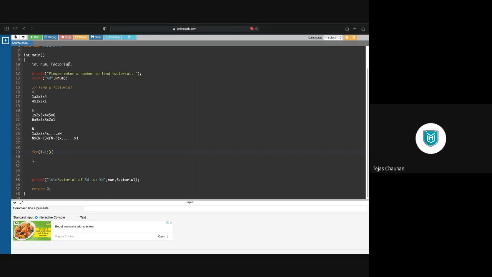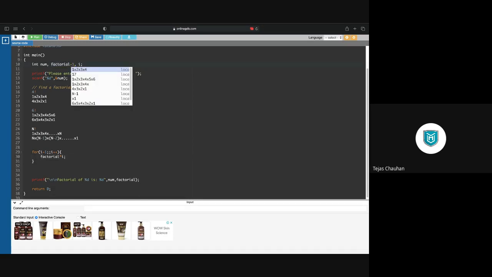Don't forget to declare your variable i, otherwise you are going to have an error. So declare करो and then i को 1 से start किया and हर बार i प्लस प्लस करूँगा. अब क्या करना है मुझे, every time I am going to multiply that i with the existing factorial. अगर existing factorial आप लेते हो तो initially factorial क्या है, कुछ भी नहीं, garbage value नहीं चाहिए.